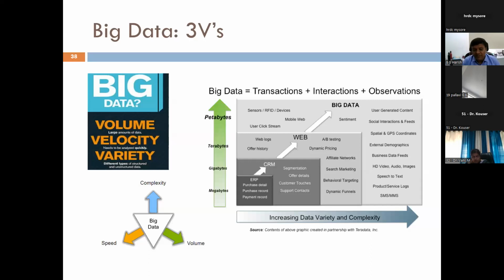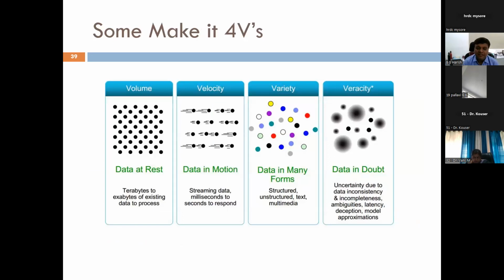So with increasing data variety, obviously the complexity of the data will also increase. Hence the transactions on the same set of data will be very challenging. The interactions from one data to another data will become more complex, and so will the observations, right? There are different people working on different types of transactions between different pieces of data. Then a valid feedback should also be considered in order to map between the transactions and the interactions. This is how big data is characterized, right?